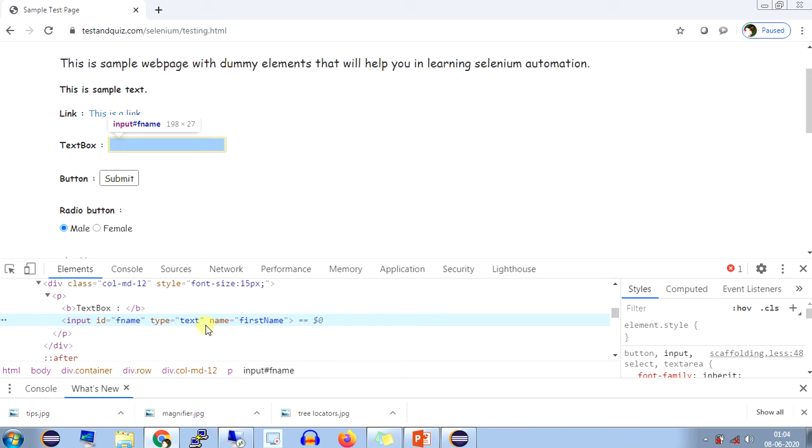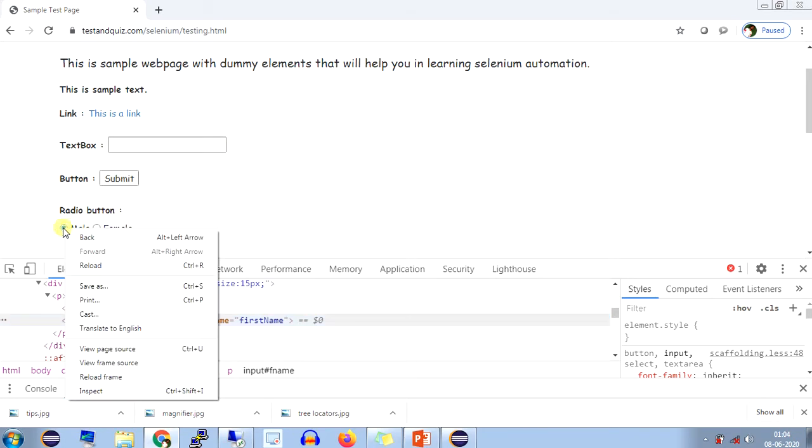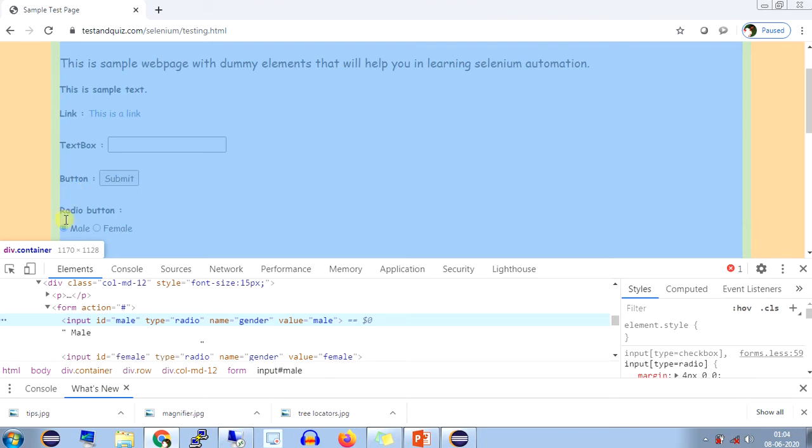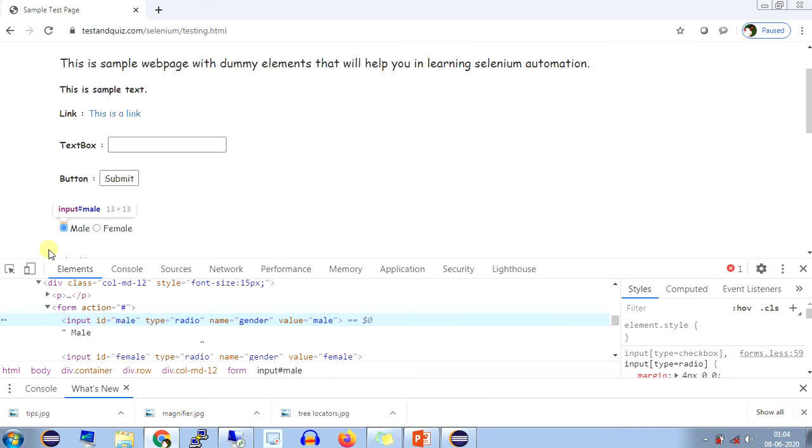So here is my radio button for male. Let me check this male radio button and inspect it. For this male element we don't have a class value, right? Input, ID, type, name and value, but there is no class value. So again that won't help us.